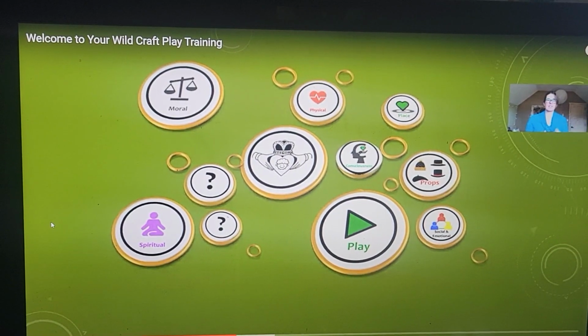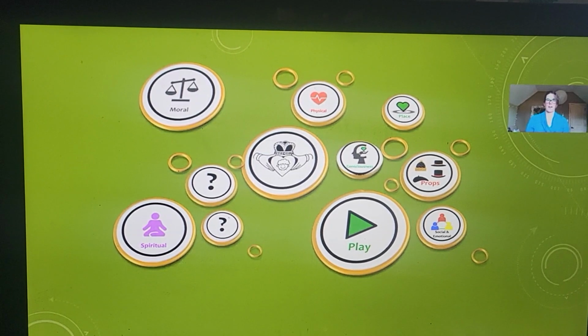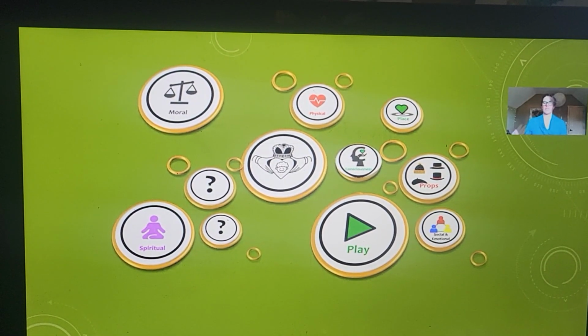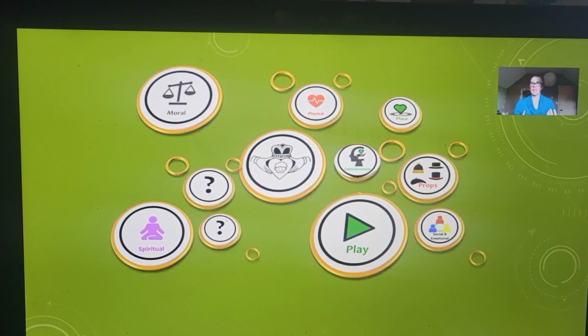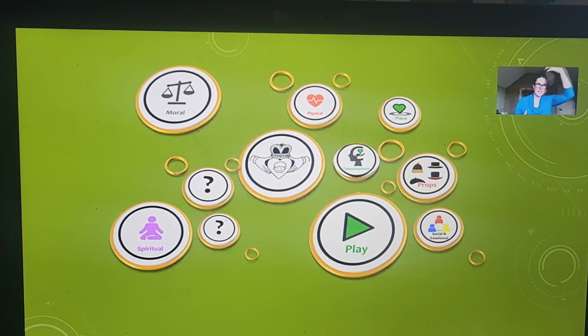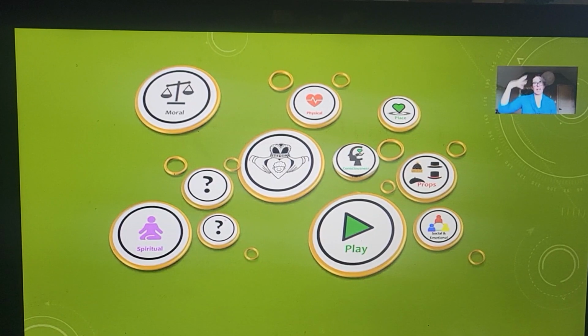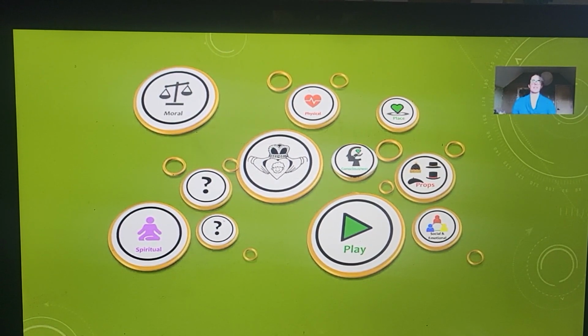So I kind of created these tokens to identify the different types of things that might be important to you as a facilitator, to yourself, or to the children. So from your perspective, I often get everyone to put your hat on as an educator, but then try to put your hat on as a child, from the perspective of a child. What do you find is most important? So if we were to stack up all these coins and lay them all out,